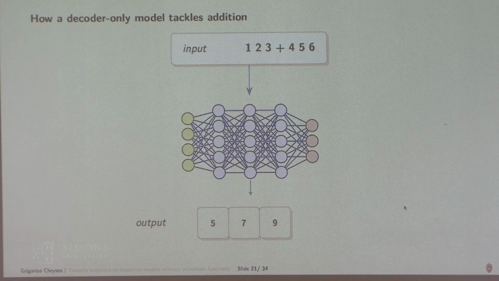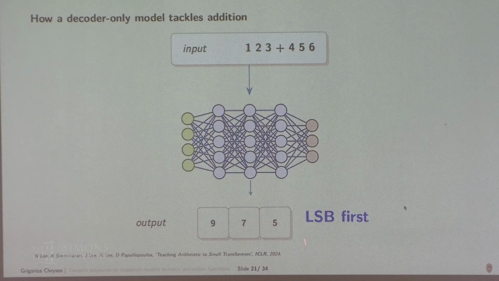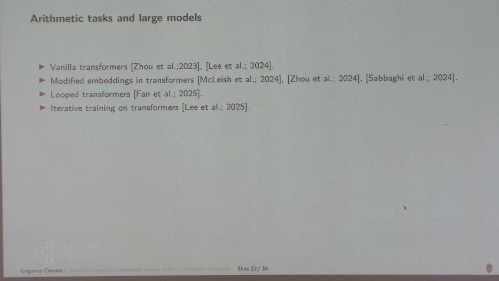And there is a lot of work in this domain, where I was motivated by my awesome colleagues Kanguk and Dimitris, who figured out that when you try to learn this particular thing with a transformer, it's getting harder when you don't use reverse order. Why? If you think about it for a second, the way we do addition is that we add the least significant digits to know if there is a carry, right? So if there is a carry, we're going to increase one of the next digits. So it is easier for a model to predict the least significant digit first and then move in the other direction. This was a paper that was published last year, and there has been a lot of work since